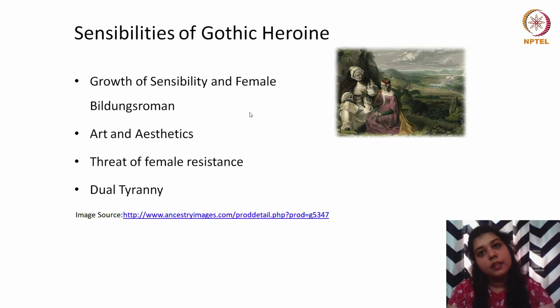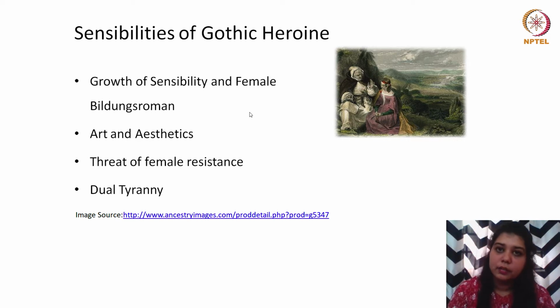And special attention has to be paid to the sensibilities of Emily St. Aubert, because she, as we have seen earlier, maintains a balanced oscillation between her emotions and rationality. This in turn is actually a product of her father's early tutoring. And the idea of female Bildungsroman can be very well derived from the character of Emily Saint Aubert, because we